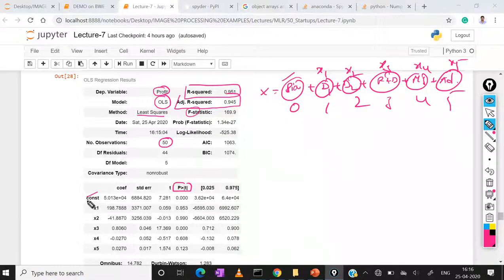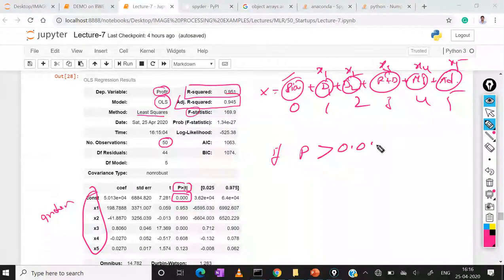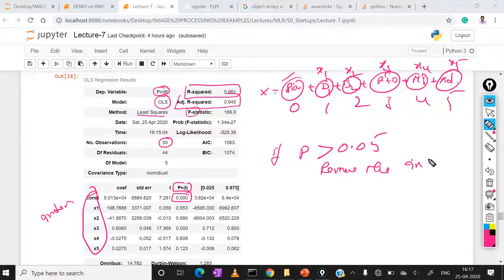So among all the input features, these are all the independent features, and among them, this is the bias feature. The significance level is 0.05. According to our backward elimination method, if p is greater than 0.05, we have to remove those independent features.